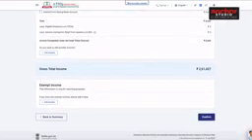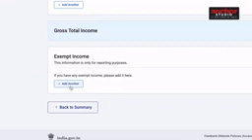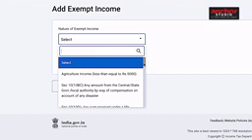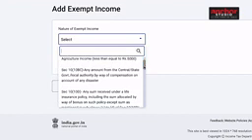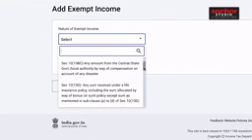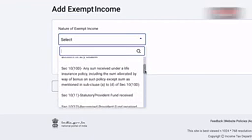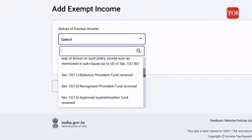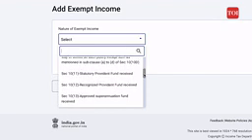On exempt income, in case you have any exempt income, click on add another under exempt income. It is only for reporting purposes and it is not added to your gross total income. Exempt income may be from agricultural income which could be less than 5,000 rupees, any amount from the central, state government, local authority by way of compensation on account of any disaster under section 10(10)BC, any sum received under life insurance policy including the sum allocated by way of bonus on such policy except as mentioned in subclause A to D of section 10(10)D,